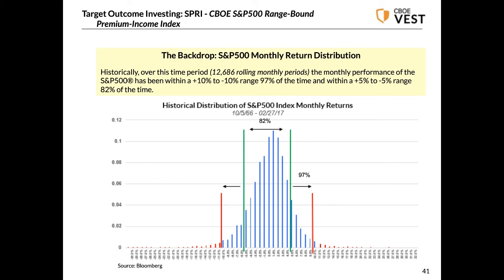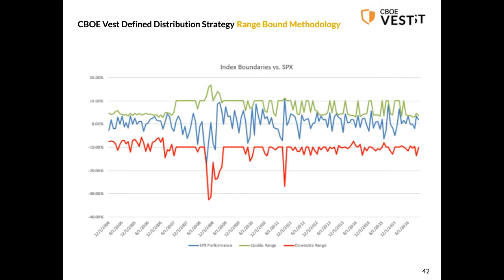Between 5 and 10% out of the money should be a pretty good range in which in most months we're able to capture that income. In fact, if you look at this index, you will see that it's designed with this target of 60 basis points per month to look at the options that it would sell. This chart, the green bar, shows the percent out of the money that the calls are sold, and the red bar, the percent out of the money that the puts are sold to generate the target income.